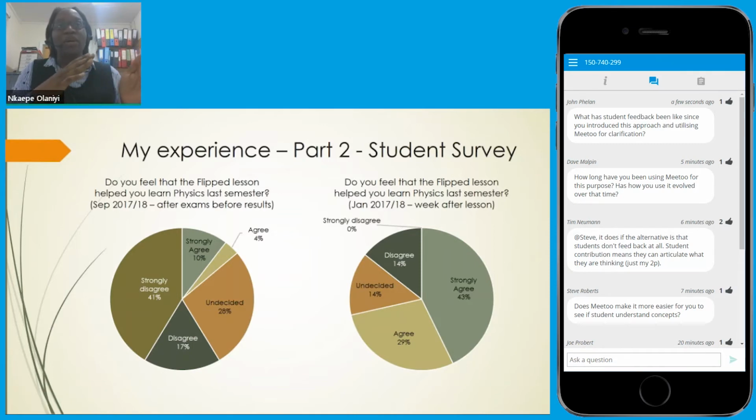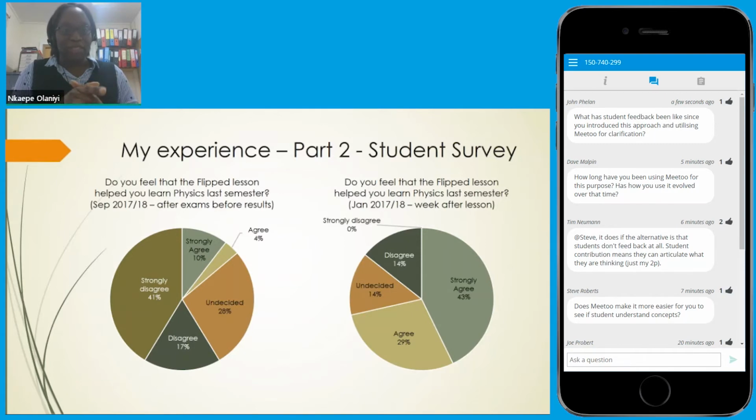For the 17-18 cohorts, I did the surveys at different times, again, just to see if they were actually going on a proper journey or realizing they were in a journey. So for the first part, that was well after the exams, after their results, everybody was happy. The September cohort for 17-18, I did the poll after exams, but before they got their results. I had already marked them, so I knew that they had done very well.